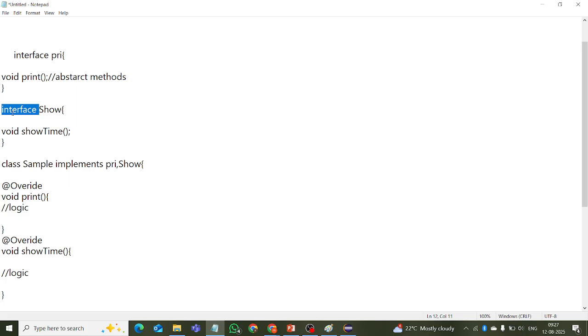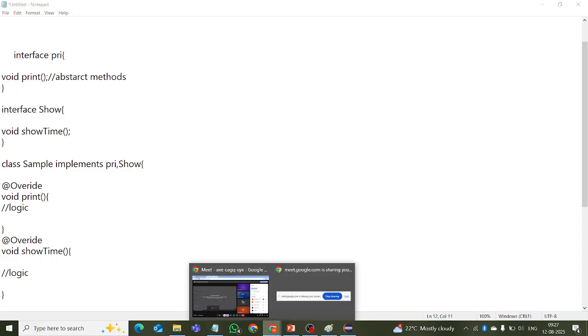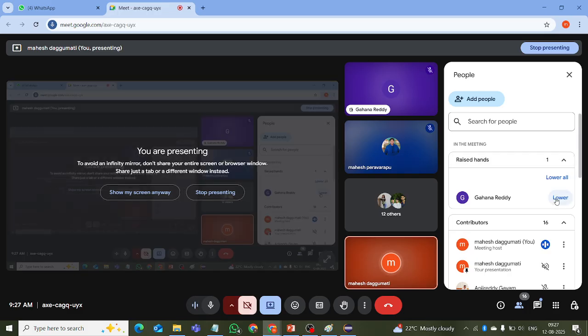If you give class, simple. Don't think beyond this box. Keep it simple. Okay. It became an interface. Simple. If you give abstract, it became